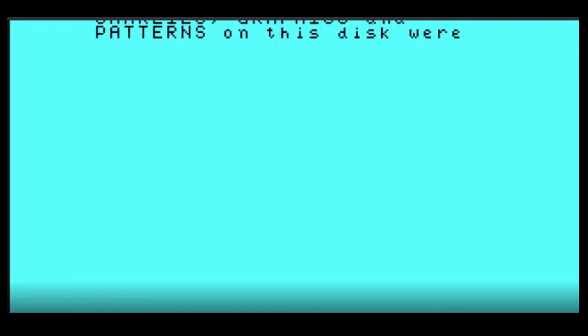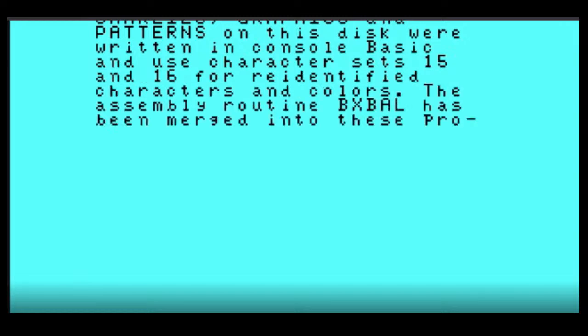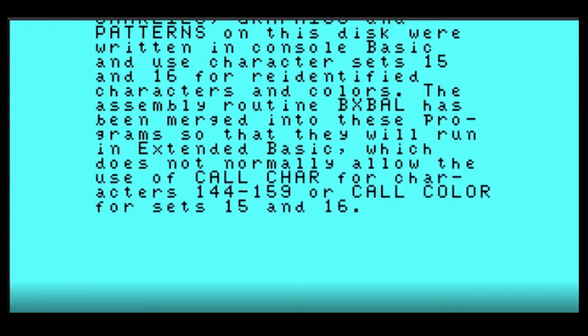The programs on this disk, arrays, keys, Charlie's graphics and patterns, were written in Console Basic and use character sets 15 and 16 for the redefined characters and colors. The assembly routine BXBAL has been merged into these programs, so they will run in Extended Basic, which does not normally allow the use of CALL CHAR for characters 144 through 159 or CALL COLOR for sets 15 and 16.